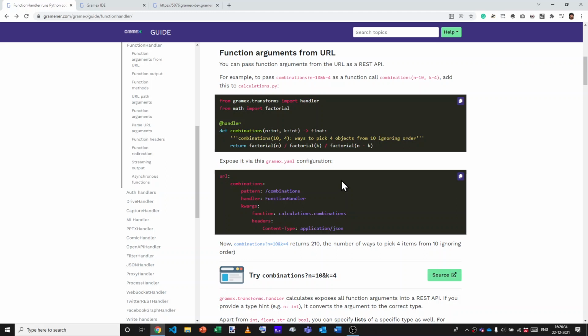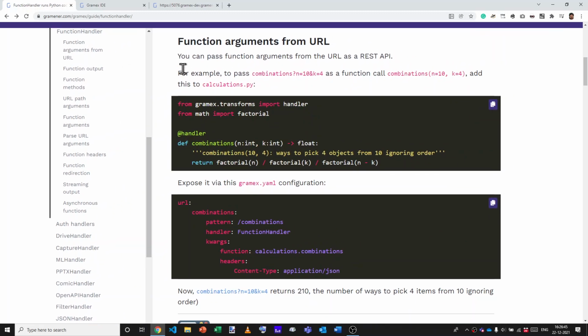One powerful way of accessing and manipulating functions from the URL is if we could pass parameters from the URL to the function itself. And that can be done in function handler as follows. Let's say we have a URL slash combinations and we pass n is equal to 10 and k is equal to 4, and we want to use this to actually return the value of the function called combinations of n is equal to 10, k is equal to 4, then what we can do is use this particular helper